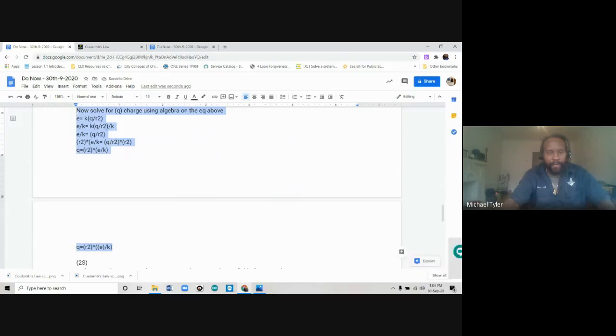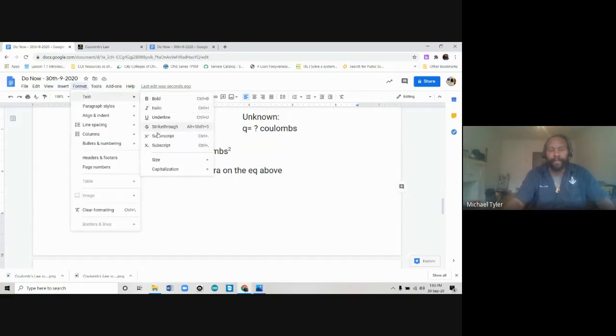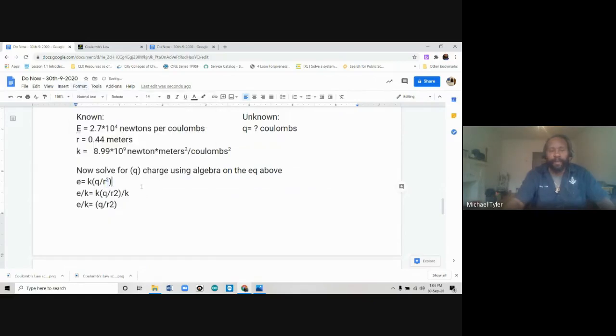And change that from a font of 10 to 14 so you can see it on the screen. And if you notice, we've got to fix this too. So we started off with the original equation from above: electric field is equivalent to the electrostatic constant, just multiplied by a fraction. And that fraction is, let me clean this up. There you go, R squared.